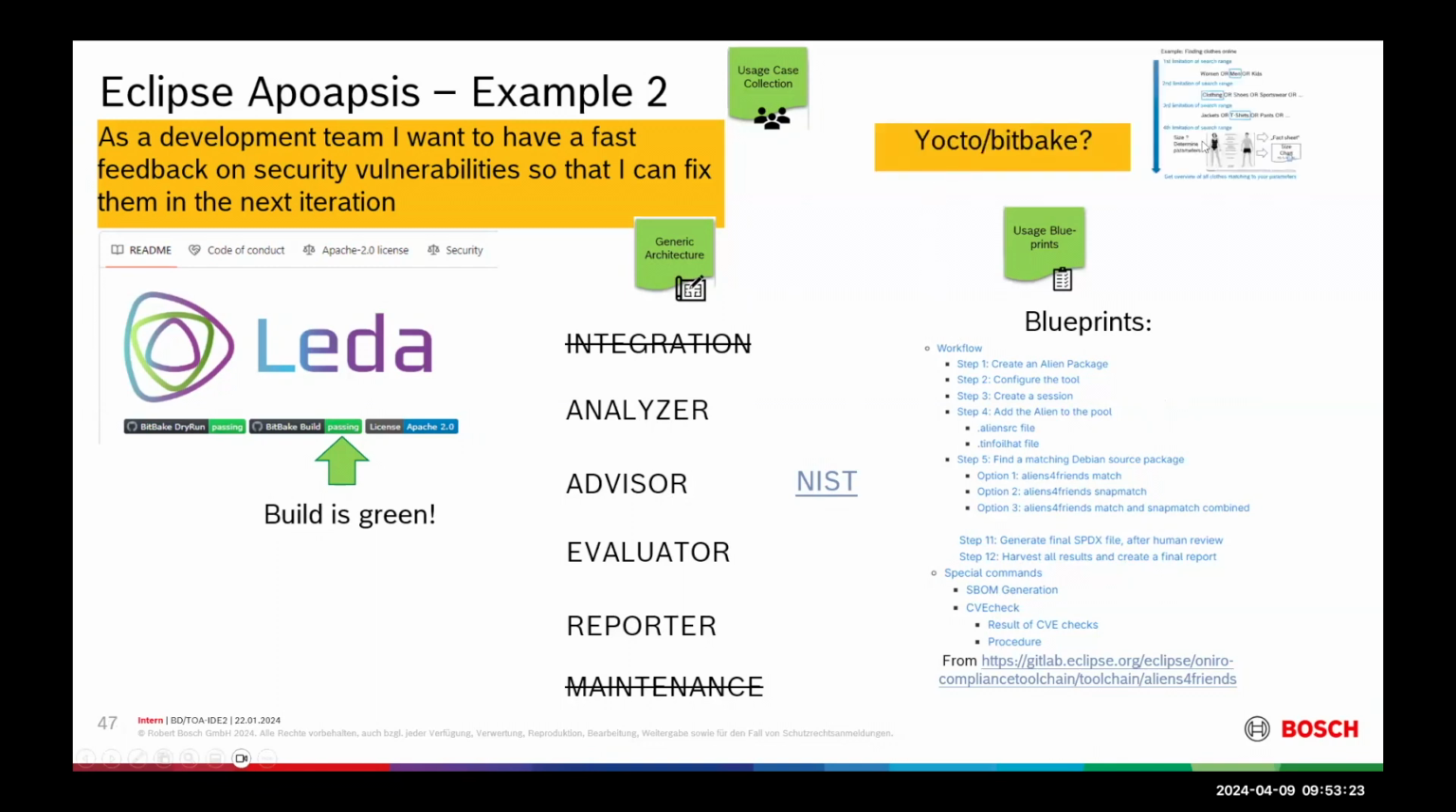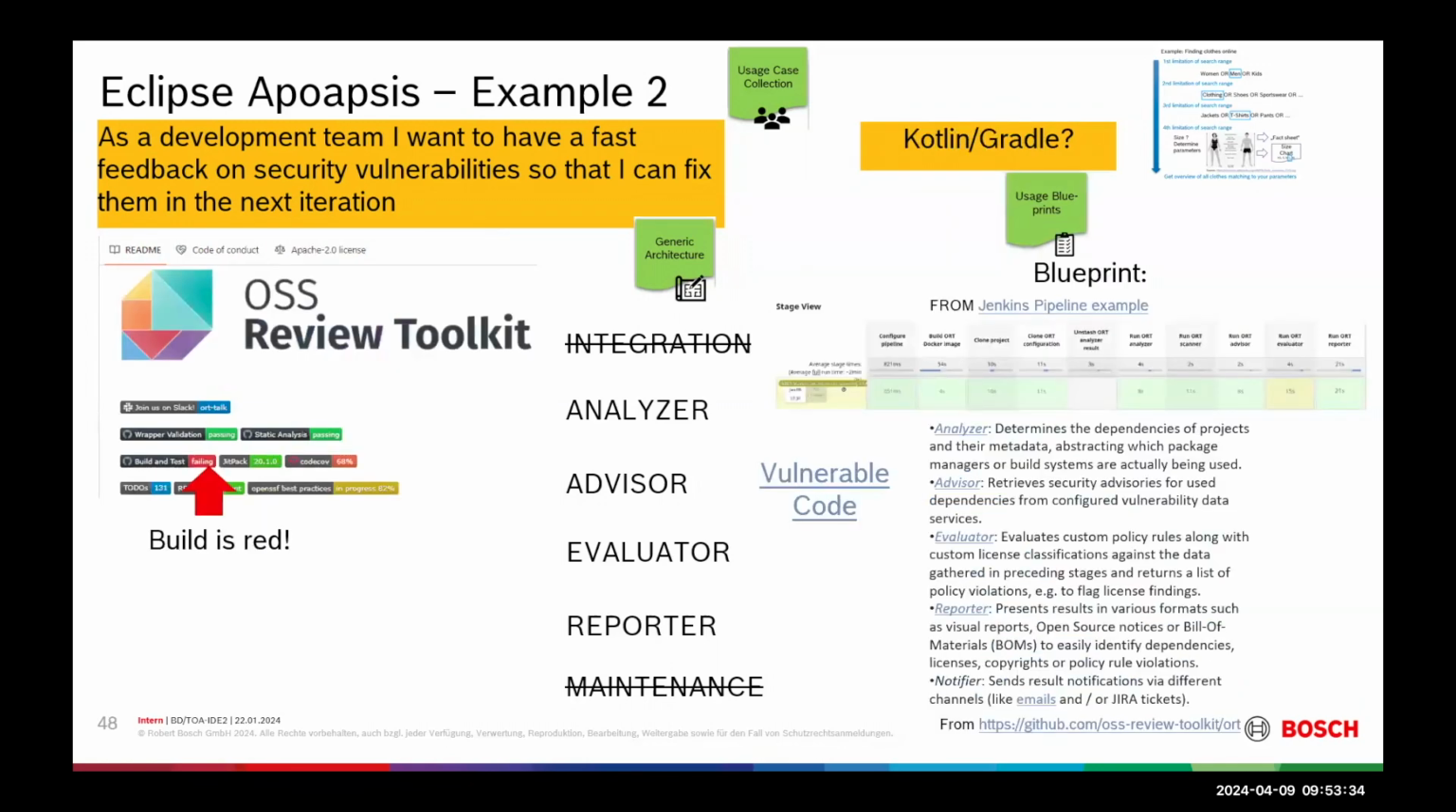And this is again now the fact sheet. If I'm also using Yocto Bitbake, I might have interest to look into this blueprint, say, perhaps I can reuse this, right? And now,